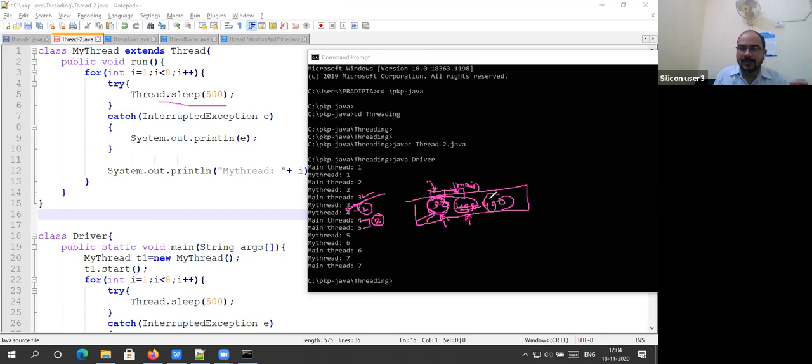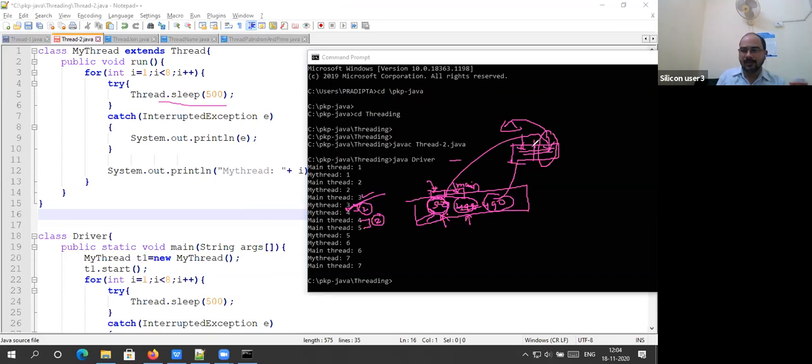Clear? Then which thread will wake up first? This one will wake up first. It won't get the processor; it will go to the runnable state. After just 10 milliseconds, the other thread also goes to the runnable state. That means two threads are present in the runnable state. So it depends on the OS which thread is selected and scheduled to the processor.